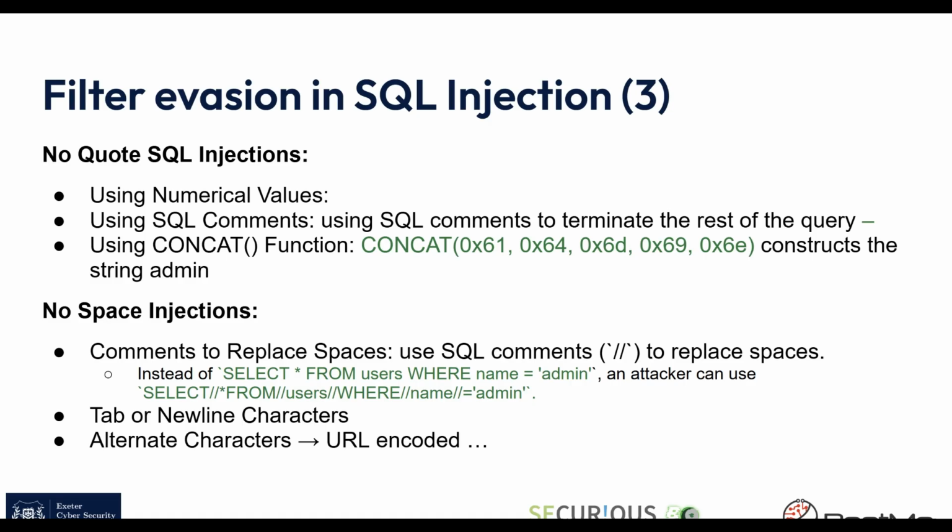So when they block spaces, you can comment or replace the spaces using, as I said before, the specific comments. So you have the two bars as well. As you can see here, instead of using everything, you can just add the two bars. Add tab or new line characters. The tab and new line characters also work very, very well in replacing spaces, or alternate characters, URL encoded. For example, again, the tab or new line character, but URL encoded this time works perfectly as well for replacing